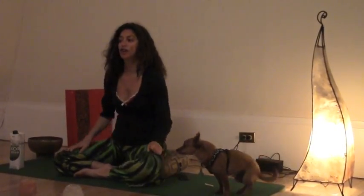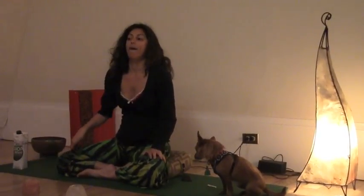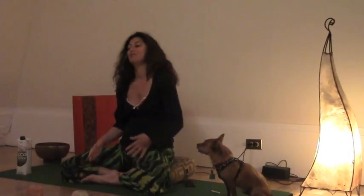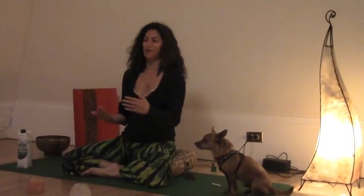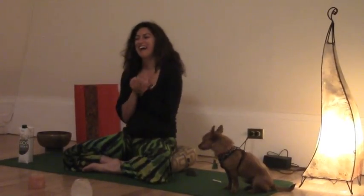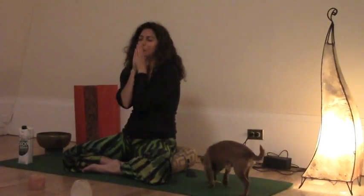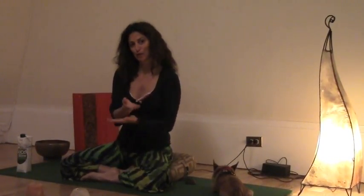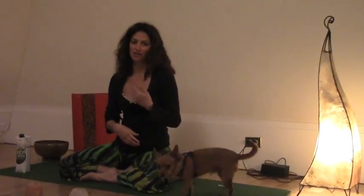So we're going to have a workshop on Thursday, which is coming up, March 5th, which is the full moon. And it's going to be a beautiful circle here at the yoga room with candles, no lighting, and really coming together to create that intention of creating peaceful, restful sleep. You deserve it. It's your birthright to wake up and not need coffee, to wake up because you're energized because